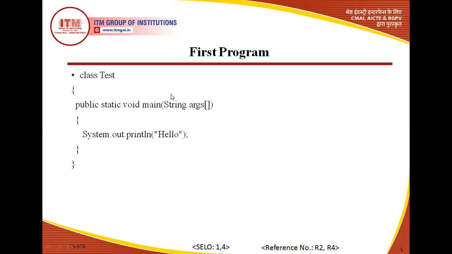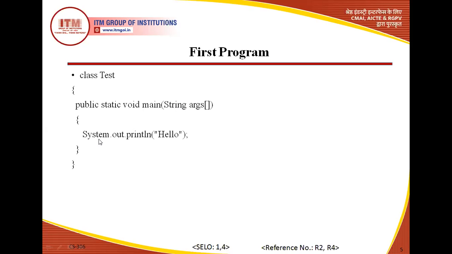Now the next thing is String args. This particular thing is your argument, and actually this is inside your method, so definitely these are the parameters. The basic purpose of this is to take the command line argument. String is an already predefined class of Java. Args is a variable, an array variable of type String. First let me repeat: what is args? Args is an array variable of type String.